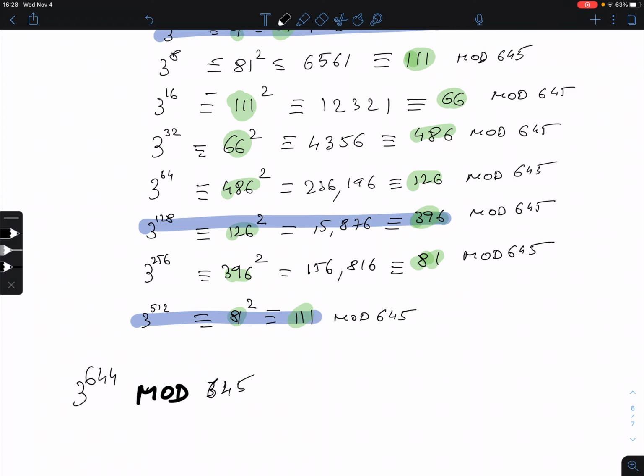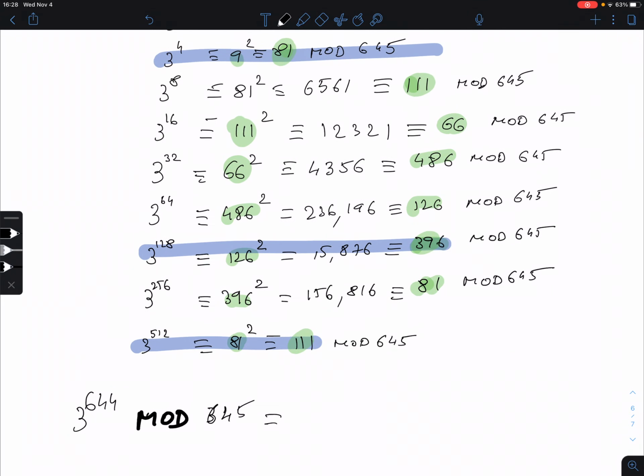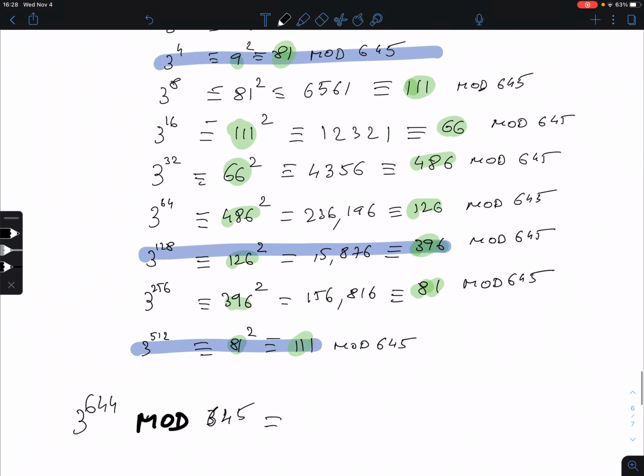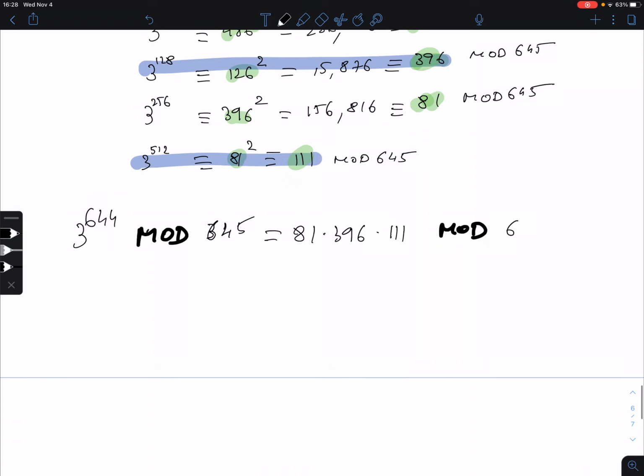645, that was my modulus. The contribution of the 3 blues is 81 from the top one, times 396 from the second one, and times 111 from the third one. So this is what I need to calculate now. And to keep my numbers small, and this is very important, I keep doing this multiply 2